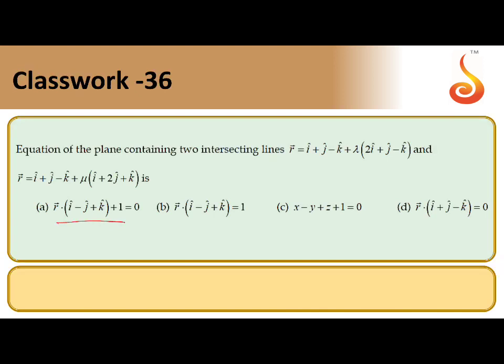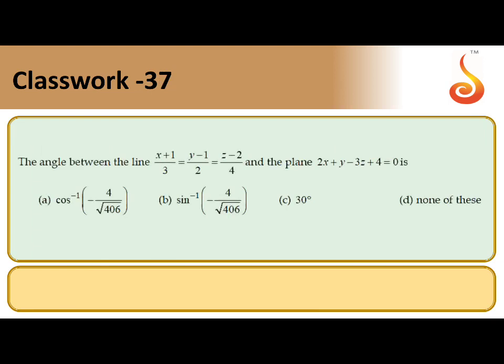So look at the options, which option is matching. This is correct, and this is also correct. Two options are correct, but generally in the exam they will ask for only one correct option. So answers A and C both are correct, but only A is given, though C is also right. This is the Cartesian form of this vector form. Both options are correct.